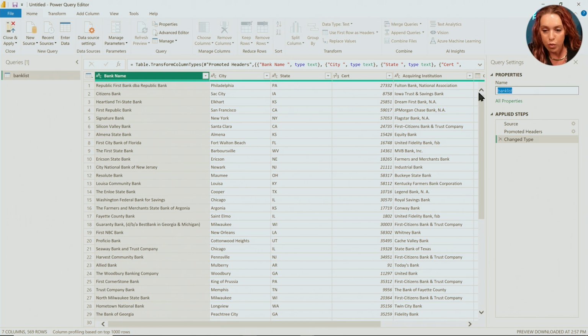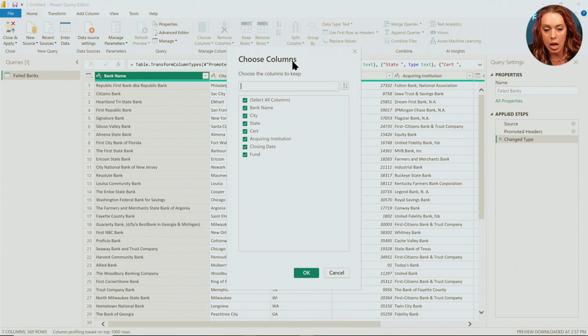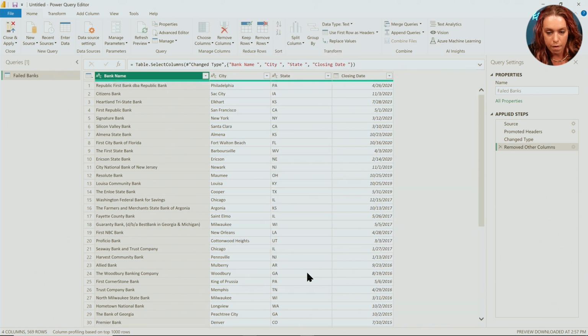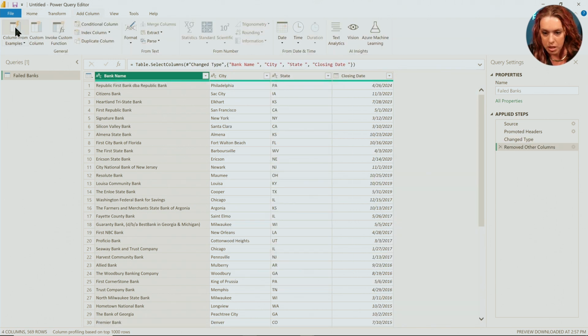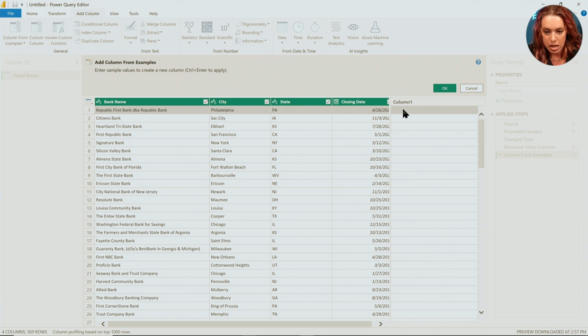Okay, so I'm going to rename this to failed banks. I am going to get rid of the columns that I do not need. So I don't need cert, I don't need acquiring institution, I don't need fund, and we're gonna hit okay. So we're gonna have 4 columns left. I'm gonna go over to my add column ribbon, go to column from examples to make a city state column